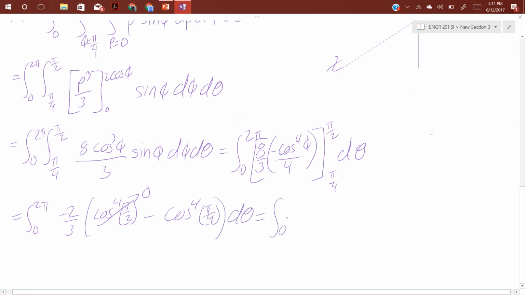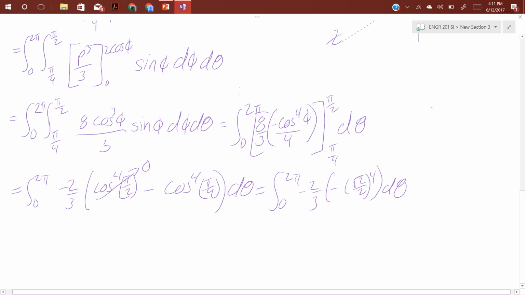This will equal 0 to 2 pi, negative 2 halves, negative 2/3, times the quantity square root of 2 over 2 to the 4th d theta. And this will cancel out our negatives, which is really helpful. So we'll end up getting